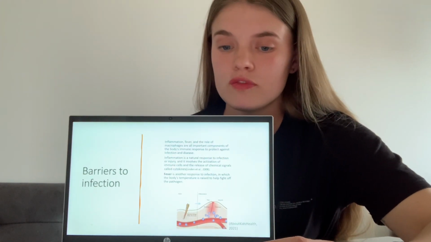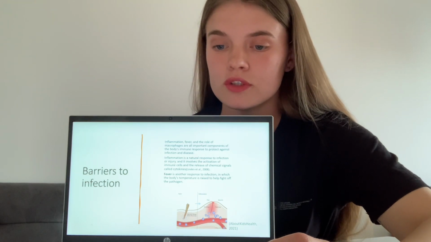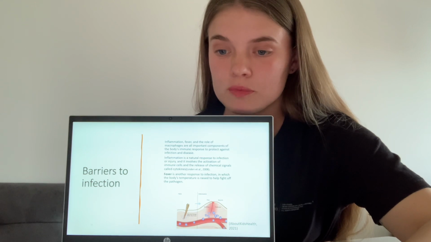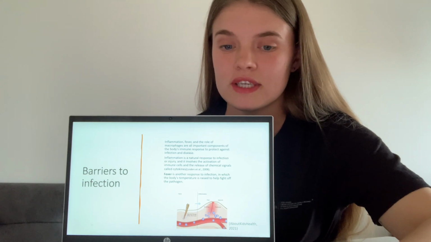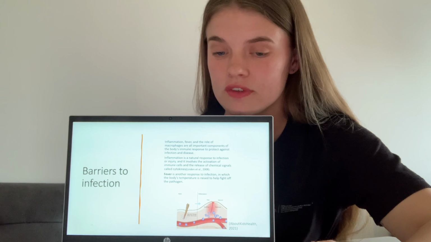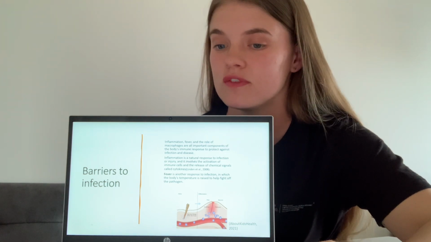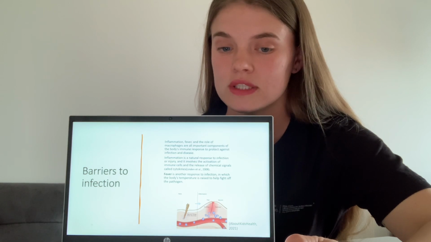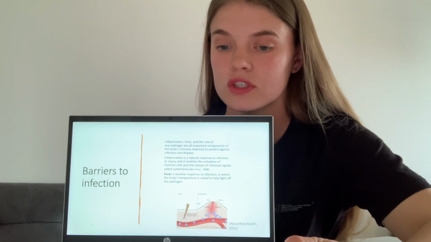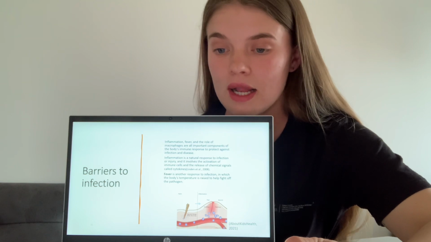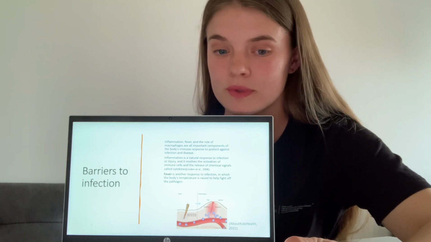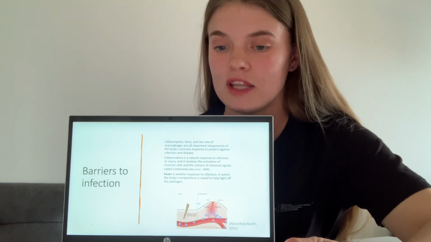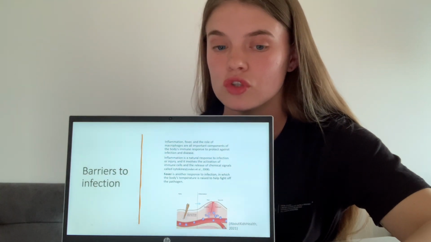Inflammation, fever, and the role of macrophages are all important components of the body's immune system response to protect against infection and disease. Inflammation is the natural response to infection or injury, and it involves the activation of immune cells and the release of chemical signals called cytokines. These cytokines cause blood vessels to dilate and become more permeable, allowing immune cells and fluid to enter the infected or injured area. Inflammation helps to contain and eliminate the pathogen, but it also causes symptoms such as redness, swelling,